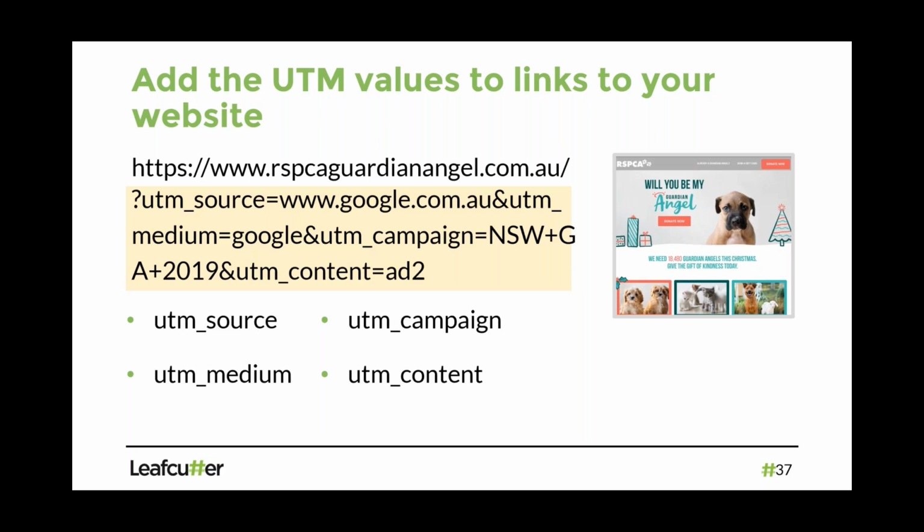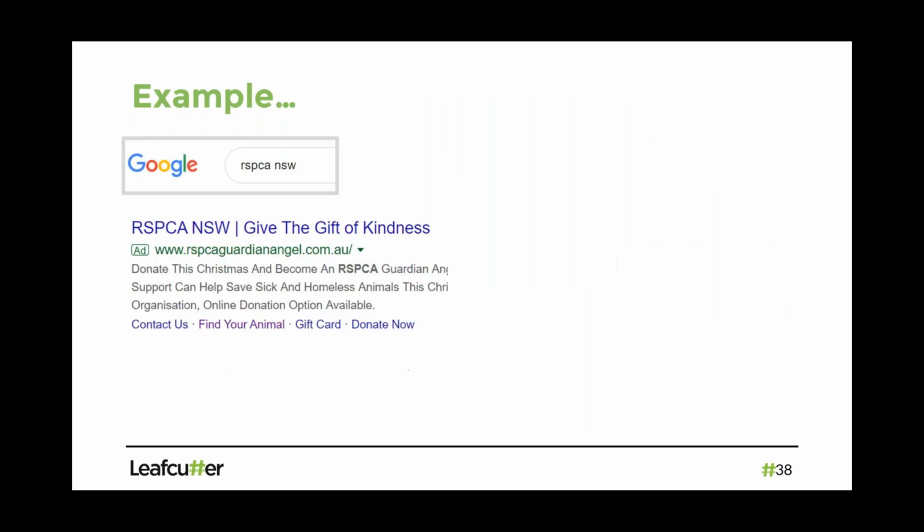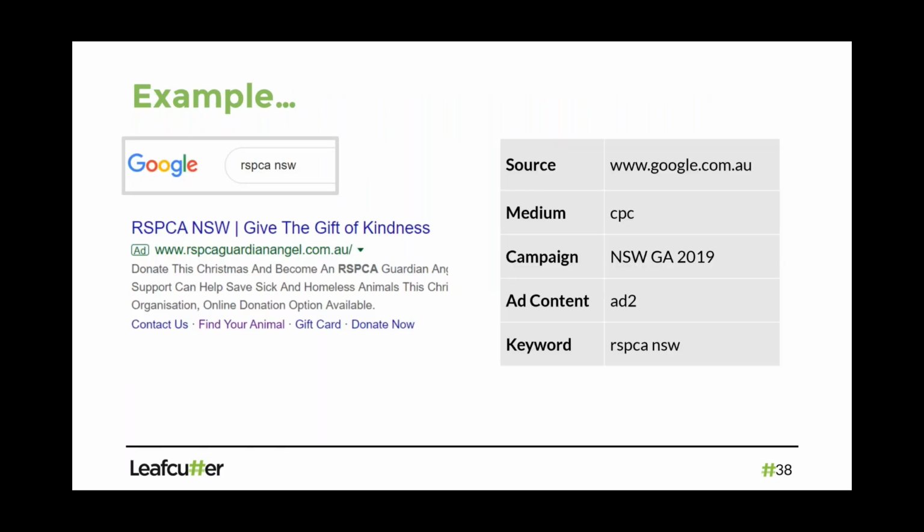All right, so I've got these values on a link. Now, if that is in the ad, pointing people to your website, and people click on that, then those are the values Google Analytics will use. So the source is still google.com or .com.au, whichever one it is. Google still knows where the traffic comes from because it's in the UTM. The medium now, rather than organic, is CPC, cost per click, and that's applied to paid search.